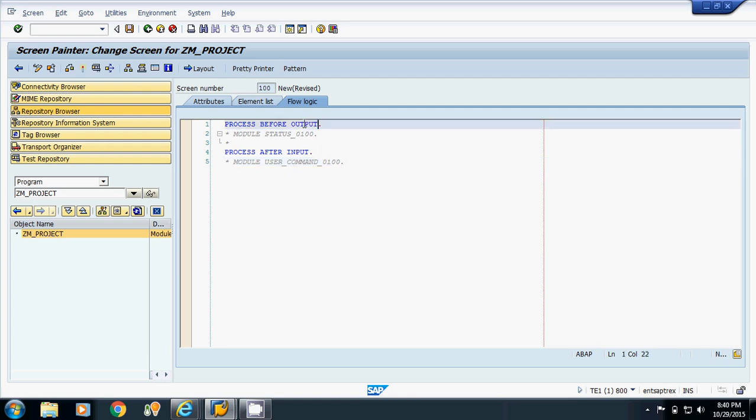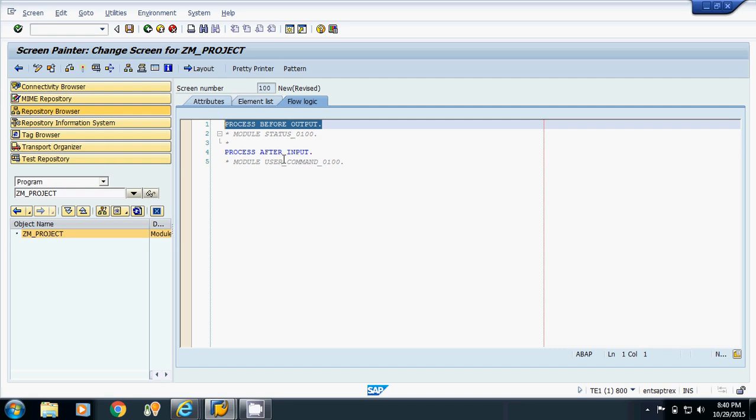What is the process before output event? It is called before displaying that screen, and process after input is called whenever you pass some values and click on the OK button, or on a button which navigates you to another screen. Now what is the use of the process before output event?